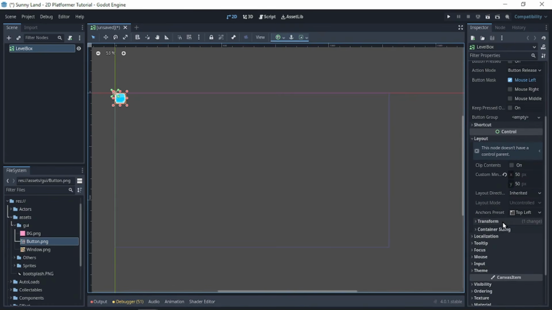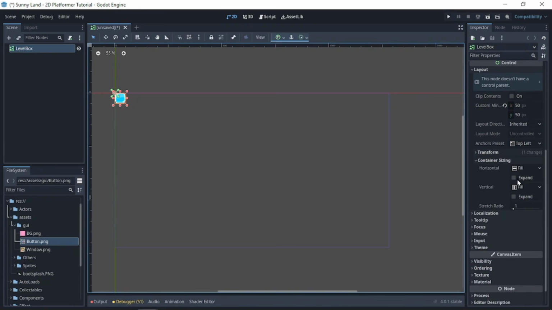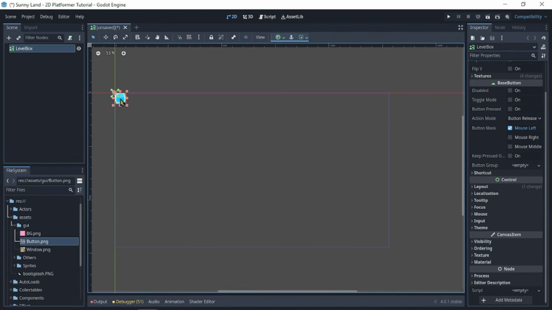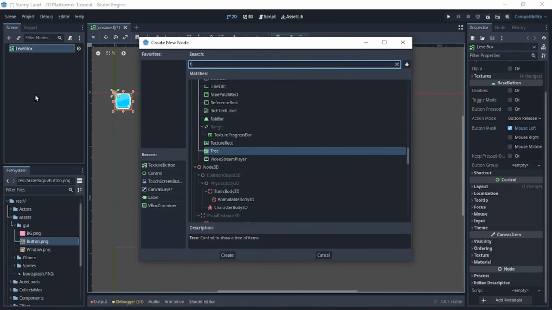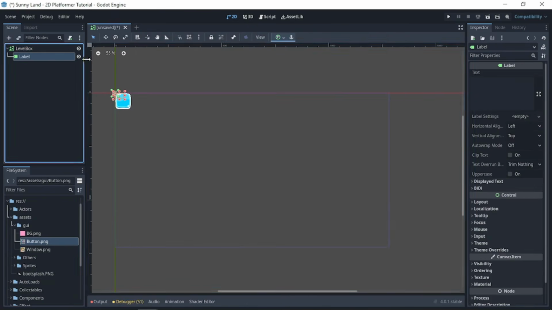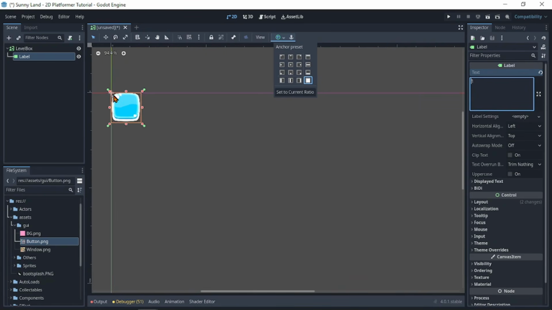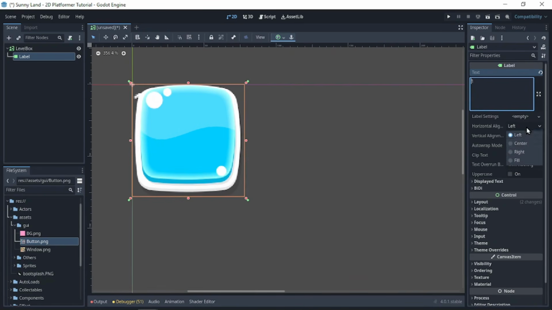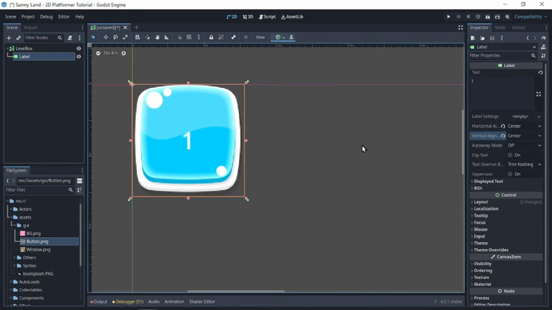I'll go to the container sizing and toggle both the horizontal and vertical expand property to on, and just increase this a little bit. We'll add a label node and just say 1 and let the label take the full rect of the texture. We'll set both the vertical and horizontal alignment to the center,